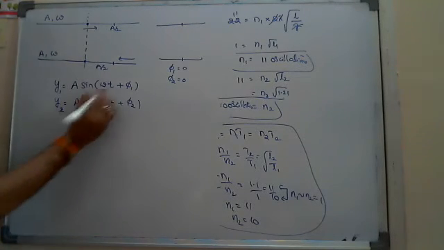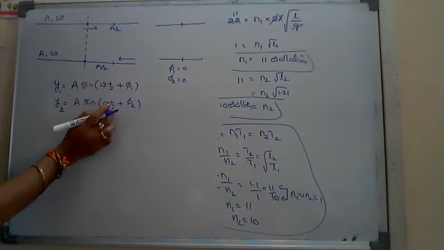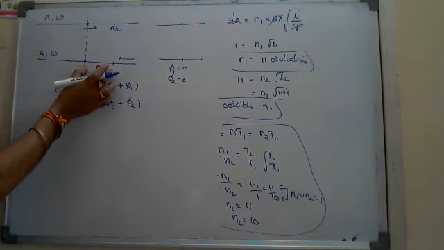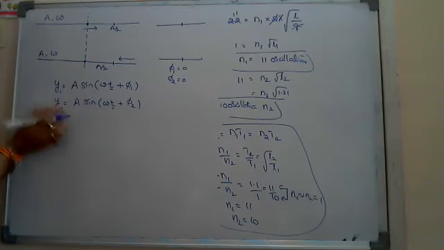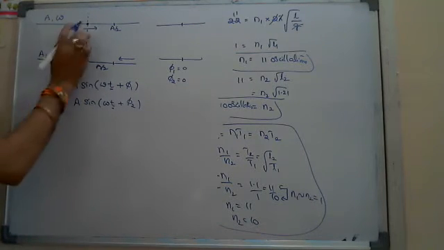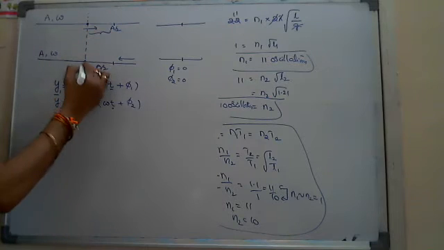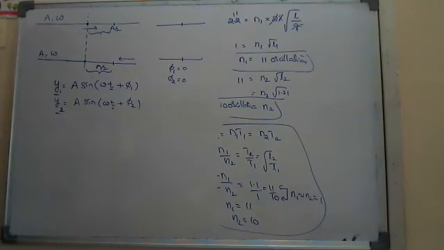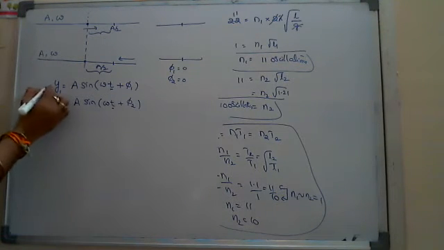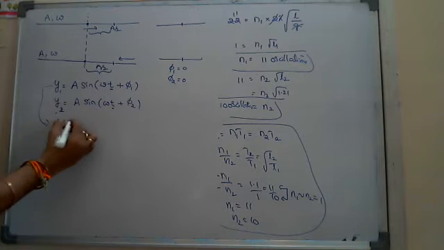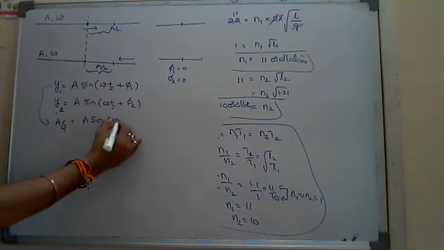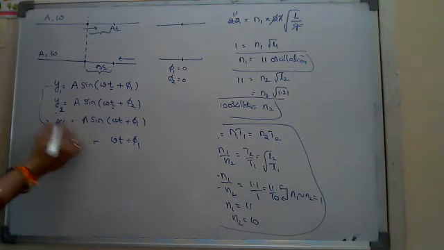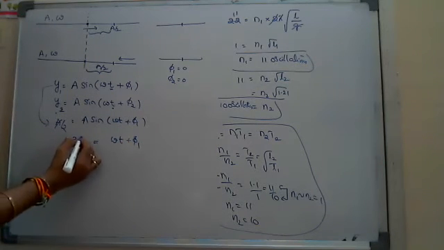He is saying that after a certain time, same time, okay, the displacement of first particle or the displacement of second particle, in the formula we measure this y value from mean position. Luckily it is given as a by 2. Both are a by 2 while crossing each other. Both are a by 2 means in the first formula I substitute a by 2. Then I will get here omega t plus phi 1 is equal to, suppose this is 1 by 2. 1 by 2 means generally we write 30 degrees.